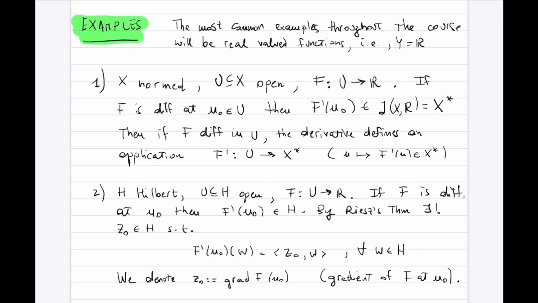Okay, so if f is now differentiable in the whole open set U, then we can define the map f prime from U into the dual. So as usual, by sending an element u of U into the corresponding derivative, which is an element of the dual in this case. The second example is for Hilbert spaces. So we always have f from U into R, where in this case U is an open set in a Hilbert space H. And in this case, we have that if f is differentiable at u0, some u0 in U,